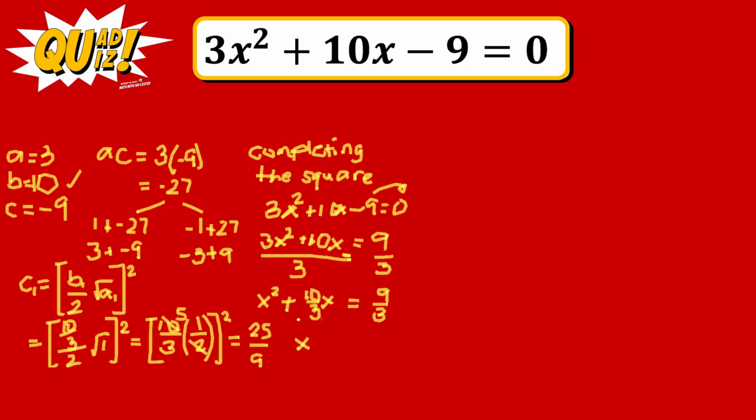So instead of this, we will have x squared plus 10 thirds x plus 25/9, and we are 100% sure that this is a perfect square trinomial. But don't forget to do the same thing on the other side. 9 over 3, and then plus 25/9. Okay? Now, of course, you will be adding that, and we could also factor this now, because that's a